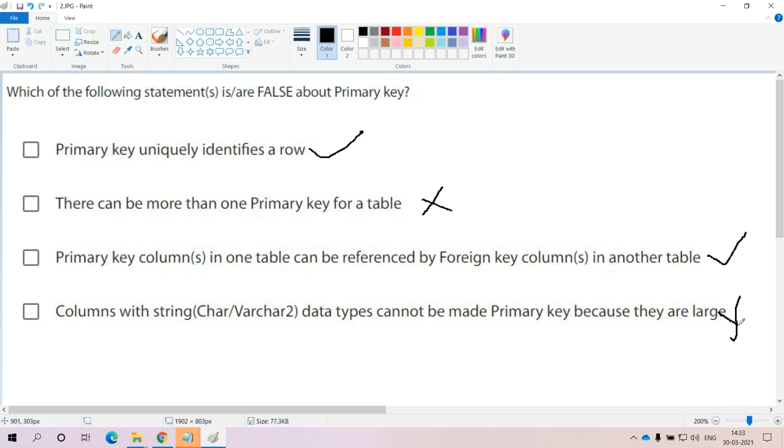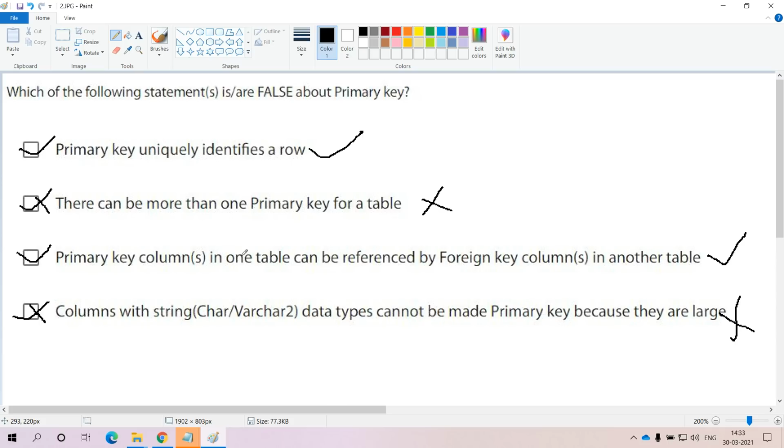Now out of all the four statements, the second statement as well as the fourth statement, these two are incorrect statements, and the right statements are 1 and 3. Here, as per the question, we have to identify the false statements. The false statements are the second statement and the fourth statement.